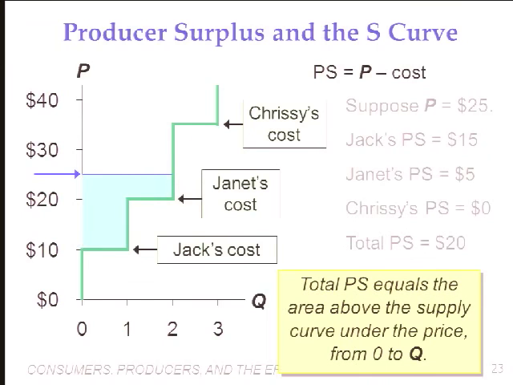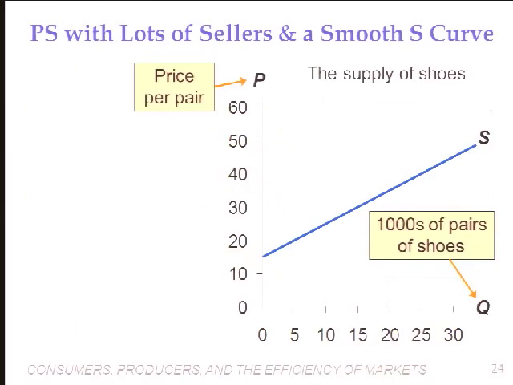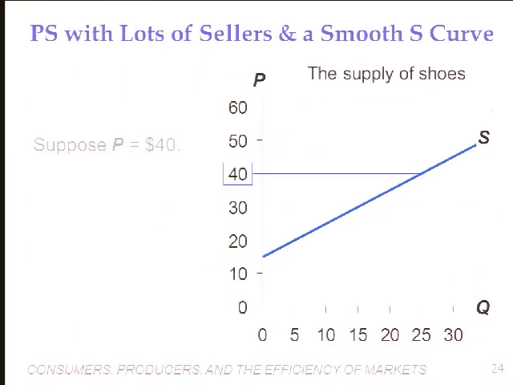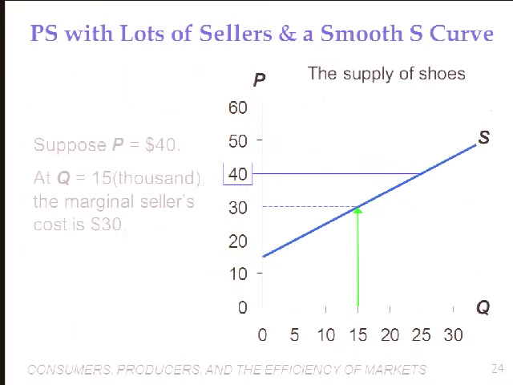Our measurement with regard to total producer surplus is very straightforward. However, we can look at any point along this curve and ask, for a seller located at that particular point, what is their net benefit? That net benefit can be easily computed, as represented by the double-sided red arrow here. For the marginal seller at 15,000 shoes, that seller captures a surplus of $10. That's just one marginal seller, but I can look all the way across that supply curve, and I'm going to end up summing all the surpluses from this point on the supply curve all the way out to the price of $40 that we're assuming in this example. Producer surplus is the area between price and the supply curve out to the quantity